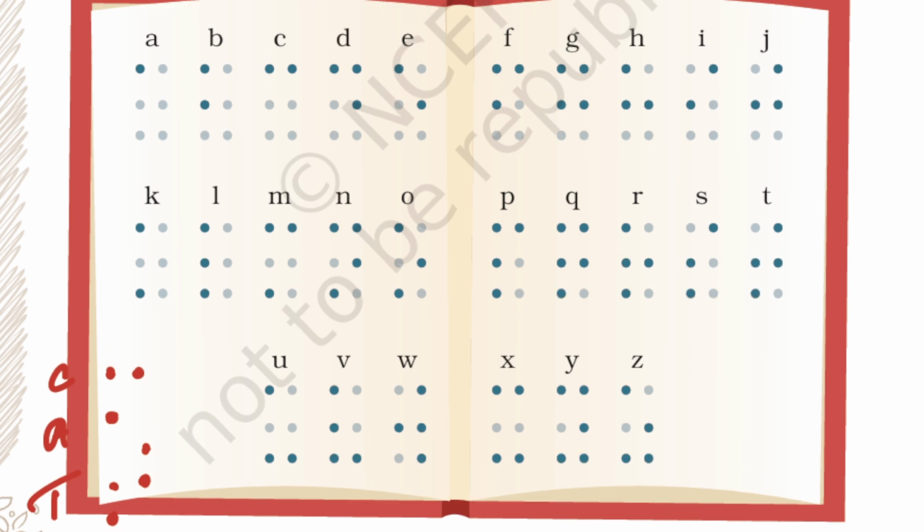So what we have to do, we have to always give a space. For example, if I am writing cat, how will I write? So I will be writing like this. C, then I will leave more space, then I will write A, then I will write T. So I will be leaving more space.